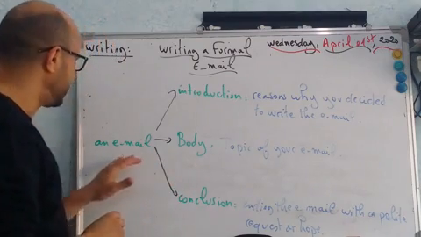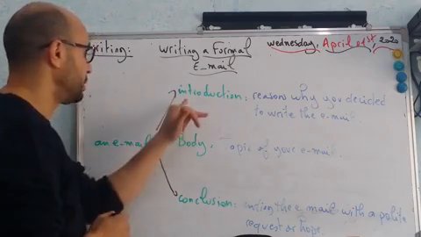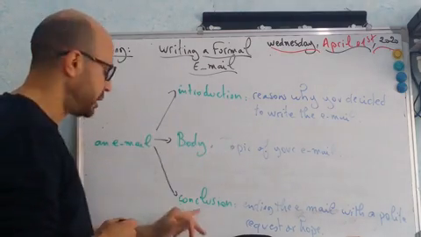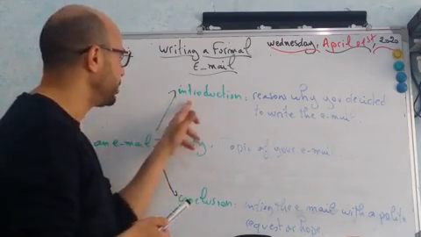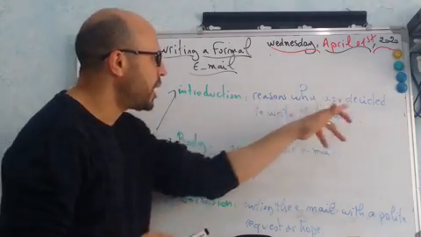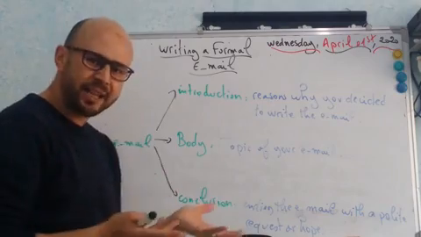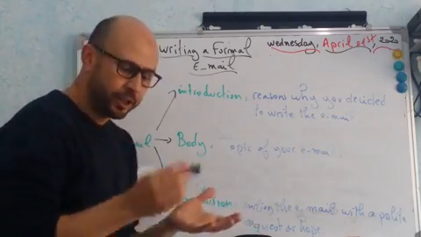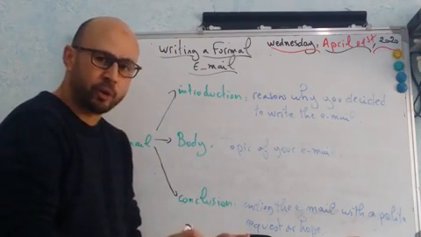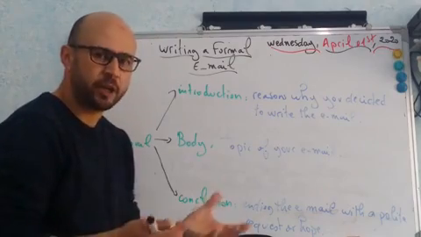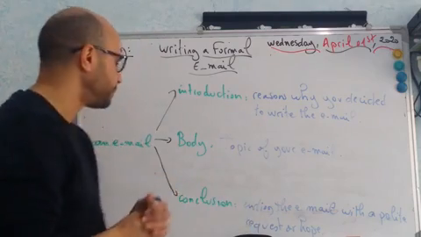So, an email outline should include these three elements: an introduction, a body, and a conclusion. Normally, as we have said in the formal letter, in the introduction we write the reasons why you decide to write the email or the formal letter. Why did you decide to take a pen to write a formal letter or to take the keyboard and write an email? Why? What are the reasons that push you to write the email?